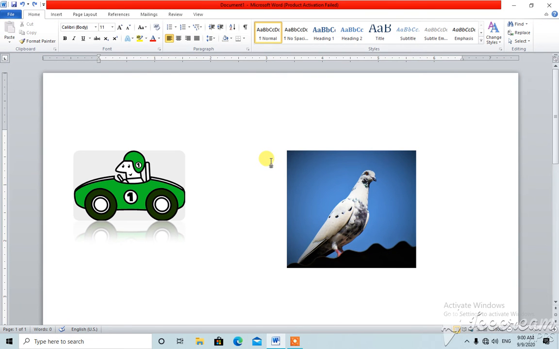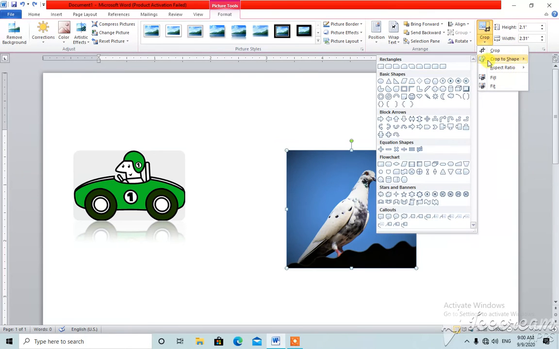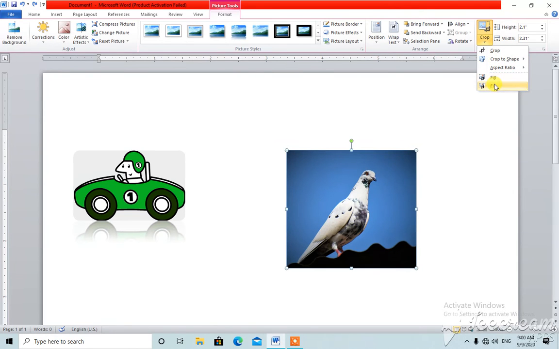Now I will show you how to crop an image. First select the image, and you can see there is one format tab when you click on this image. Okay, click on that format, then here is the crop button. Okay, there are many options. Crop to a shape. You can crop the image as any given shapes here. Otherwise if you want to crop the image in a fit shape, you can select the fit option and crop the image,